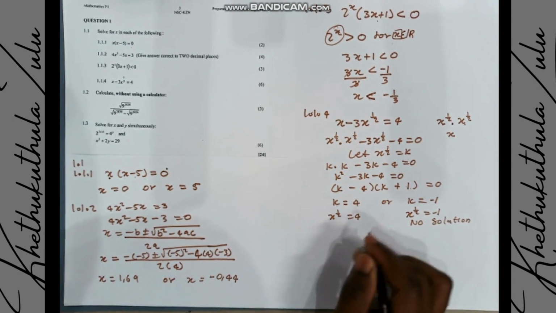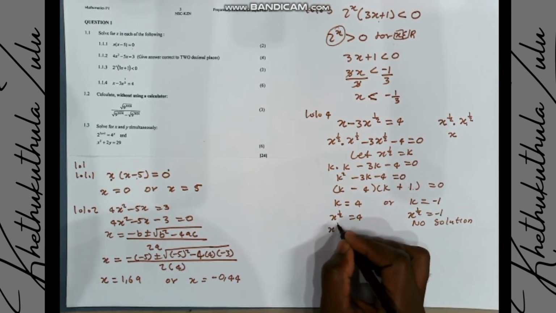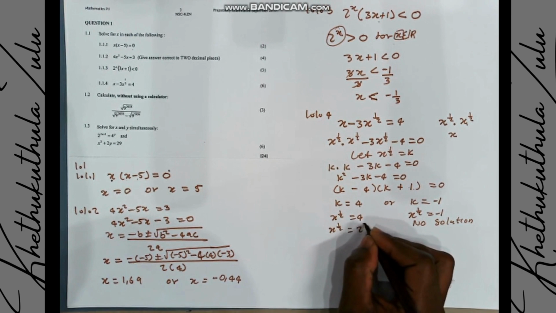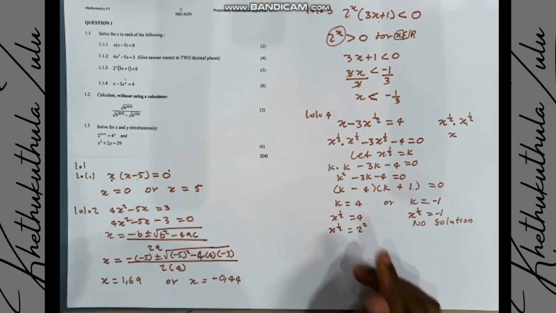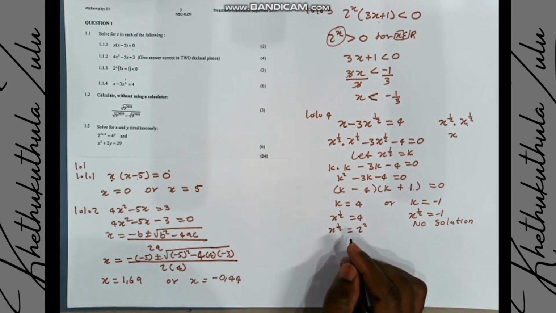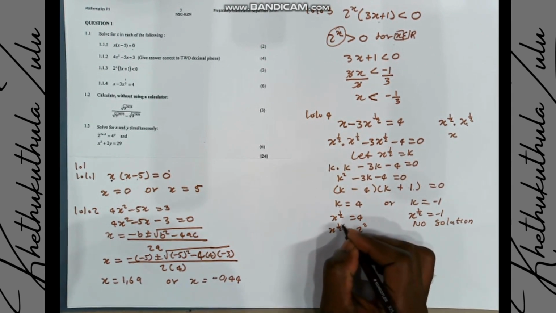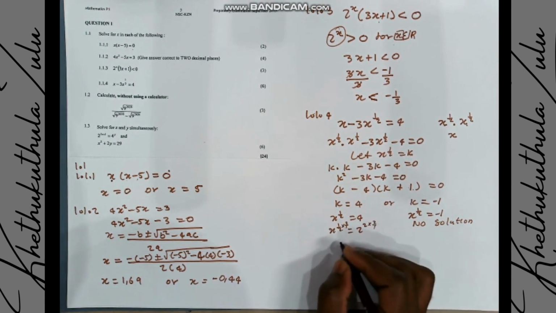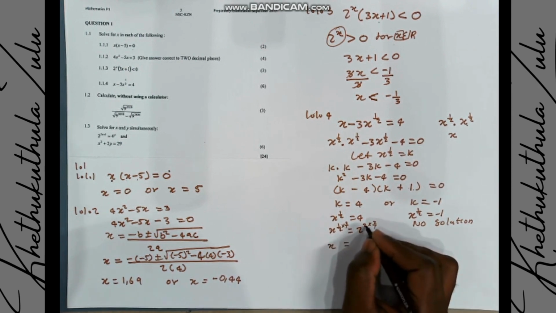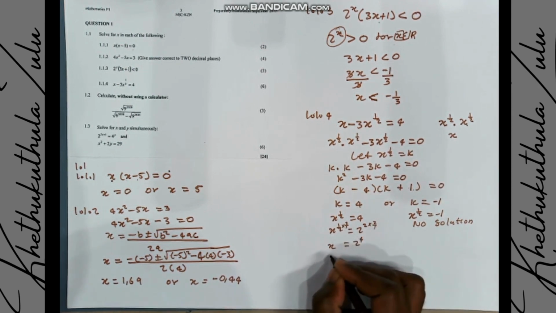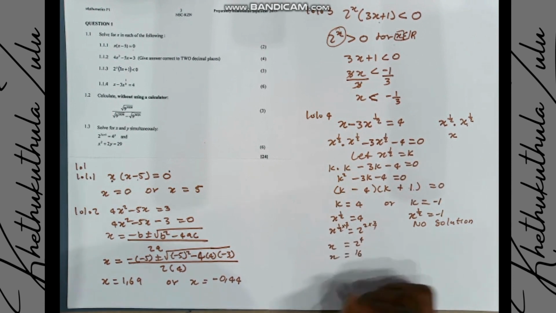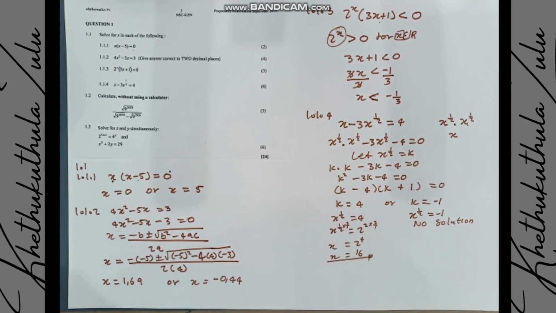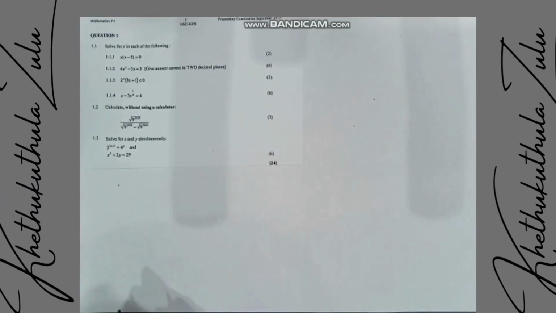But on this other side, we can still change this 4 by saying 2 times 2, which makes 4. Then after that we multiply by what? The reciprocal, where we say this times 2 over 1, then this times 2 over 1, where x is equal to 2 times 2, which is just 4, then x is equal to 16. Then we are done. And then we continue now with 1.2,